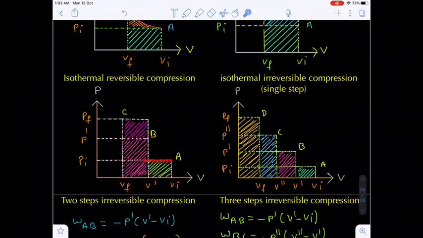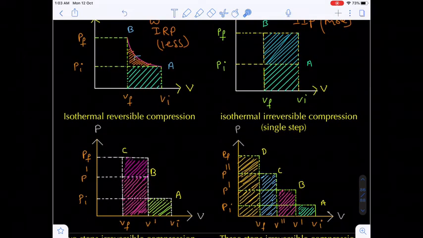First the volume decreases, which means the pressure has to increase. After reaching that point, we again compress the gas, so the volume decreases and the pressure has to increase. So this is the two-step process. Now comparing the two-step and one-step processes, this is the total area for one step, and for the two-step process the area will be like this.